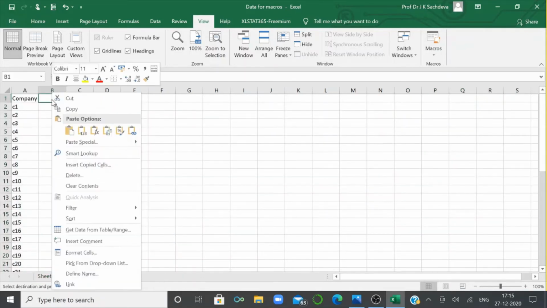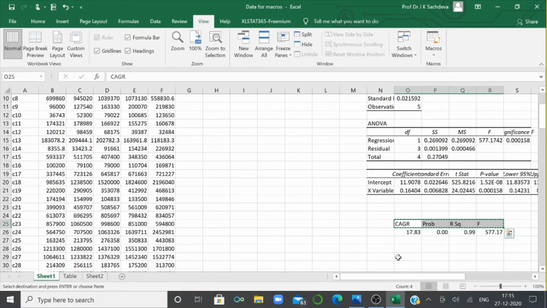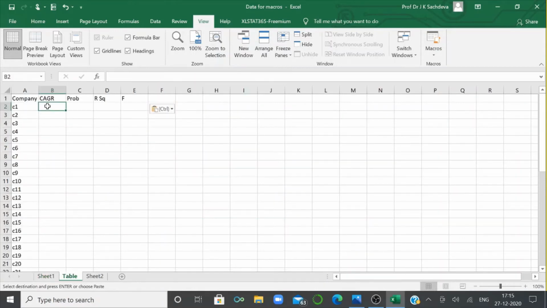Now this is going to be our table, and we are going to record all the CAGRs, probability, R square, F in one sheet from here. So this copying and pasting will be under your macros. We will just mark these cells, but here on this table we have already marked this cell.